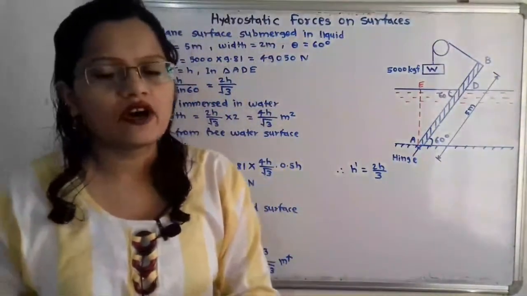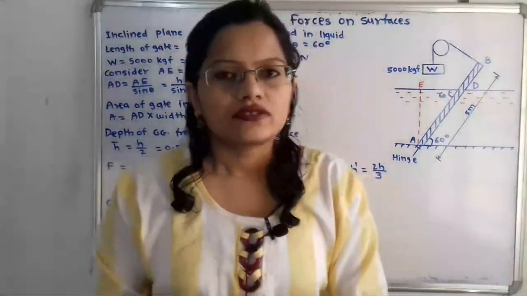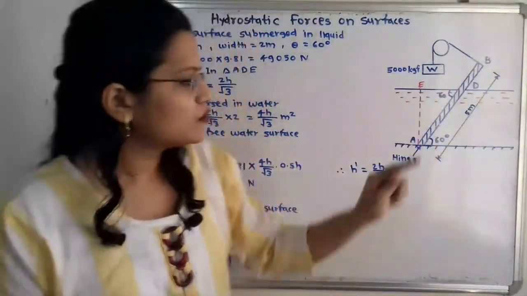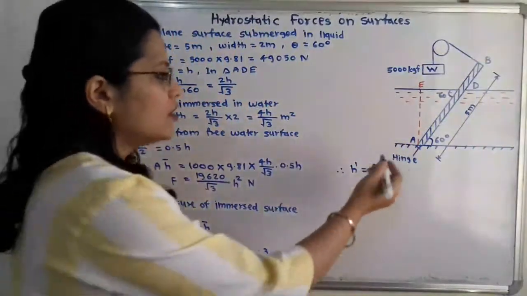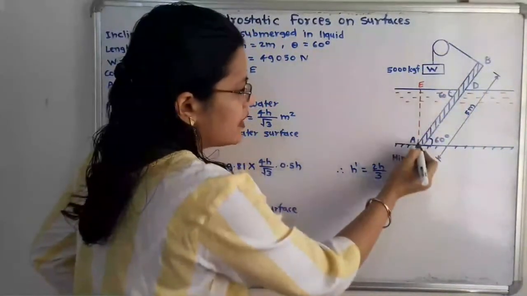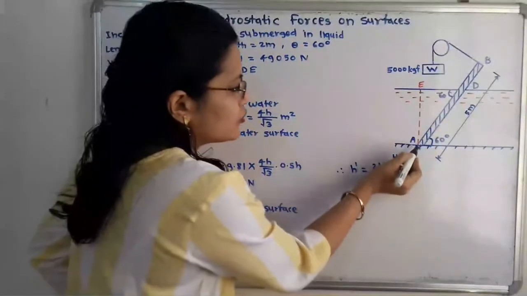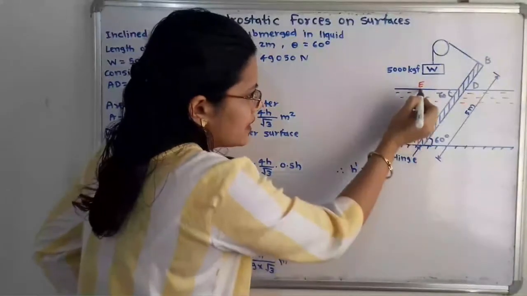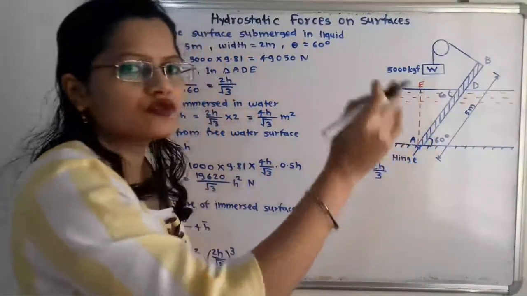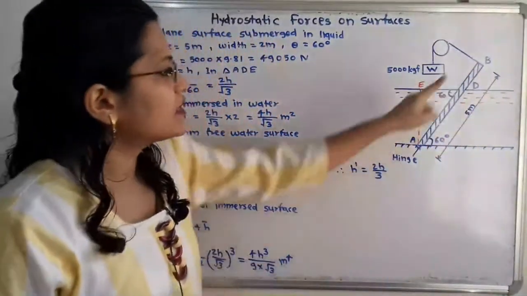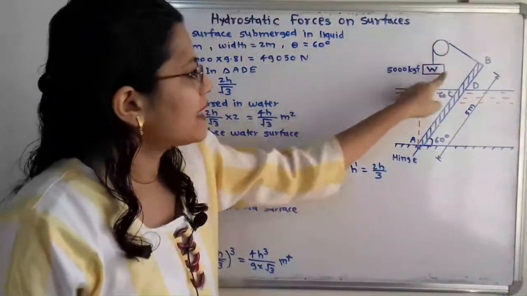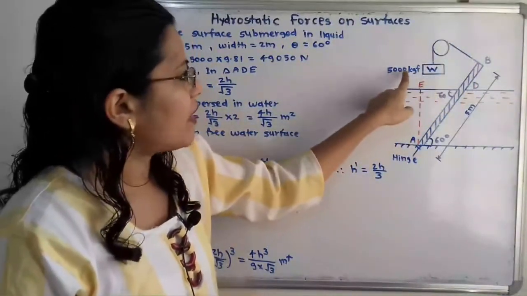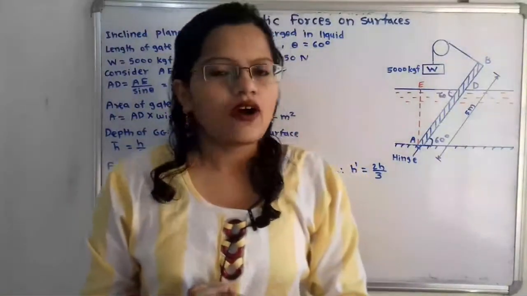And we have to find out the depth of water so that this gate begins to fall. That means we have to find this depth of water. So I will draw one vertical line, in the form of dash. We have to find the depth, that is from point A to E. This distance we have to find so that this gate begins to fall. Now this gate is getting balanced by the weight attached through this pulley at point P, that is equal to 5000 kgf.